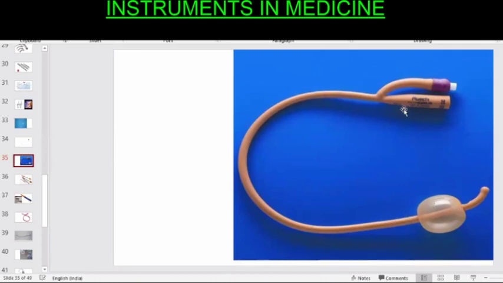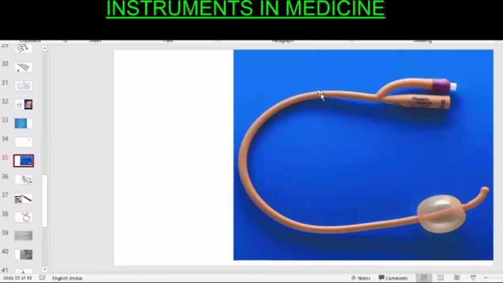What can be complications of the Foley's catheter? Prolonged keeping and multiple uses can cause stricture by itself. And if you push too much air, the balloon can rupture, so we never push air. We can push saline. So one complication is urinary tract infection. The second complication would be trauma, false passage.